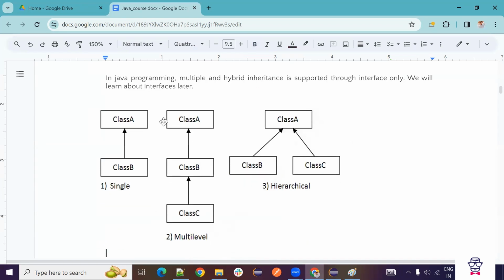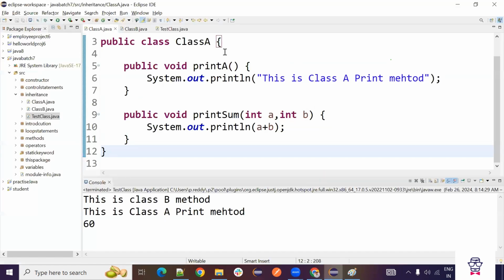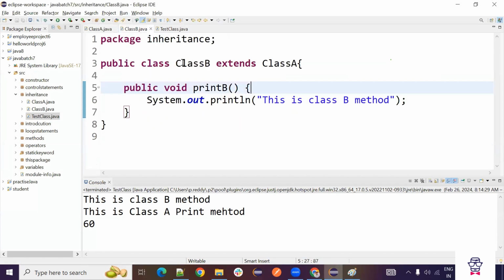So this is also very simple. Single level means what we just discussed. It will have one parent class and only one child class. So there are no more child classes, only one parent, one child. How did we create it here? We created class A as the parent and class B as a child. So no more child classes. It's a single level, a simple one.